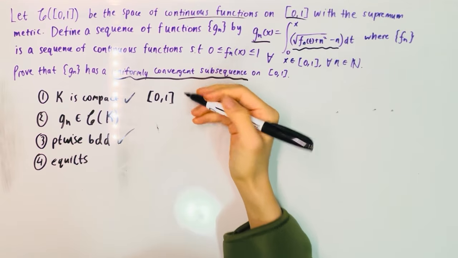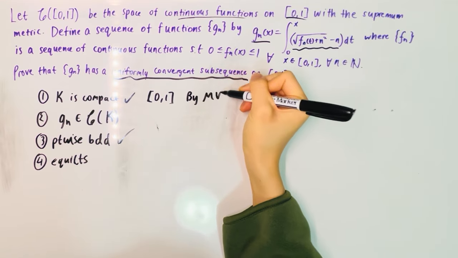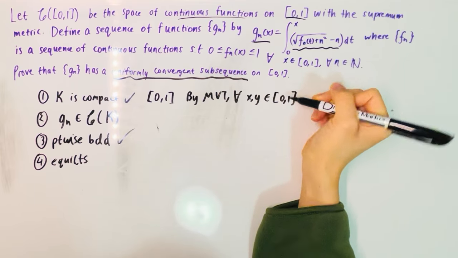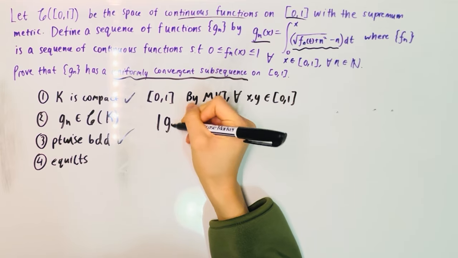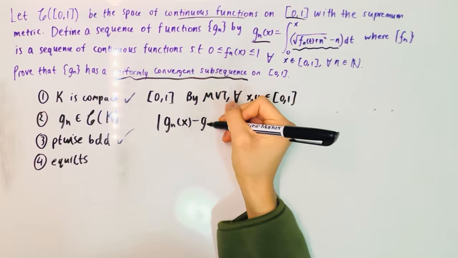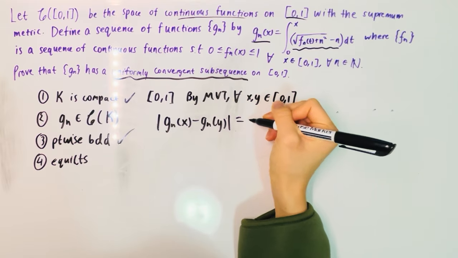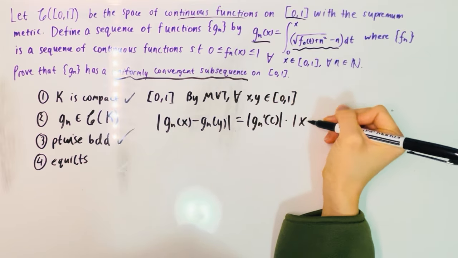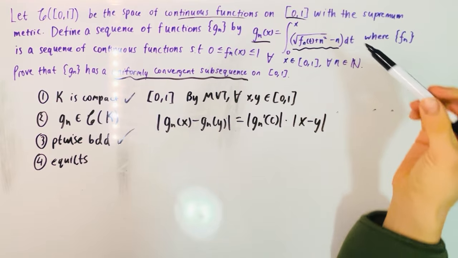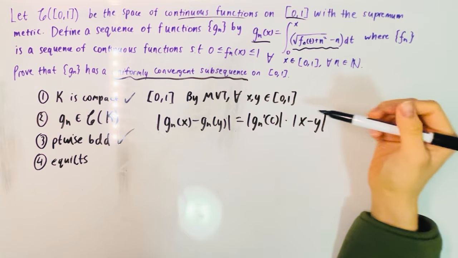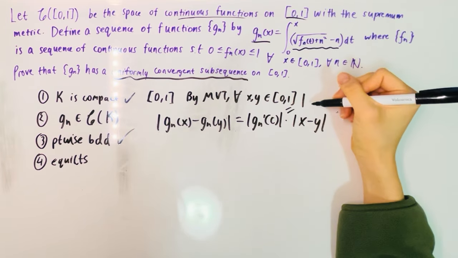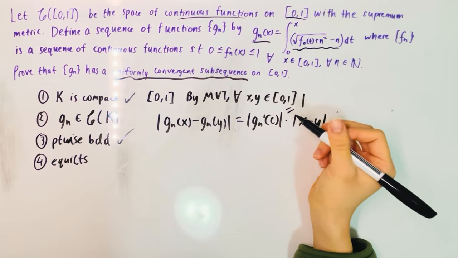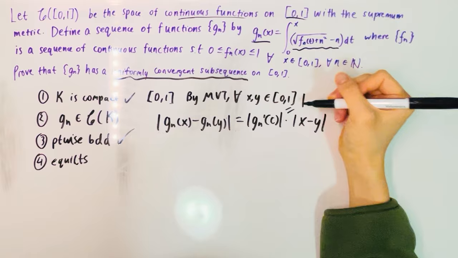By MVT, for all x, y in [0, 1], we have g sub n of x minus g sub n of y is equal to g sub n prime of c times x minus y. And notice that by the fundamental theorem of calculus, g prime of x